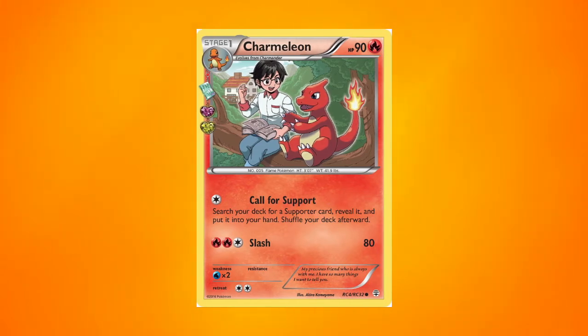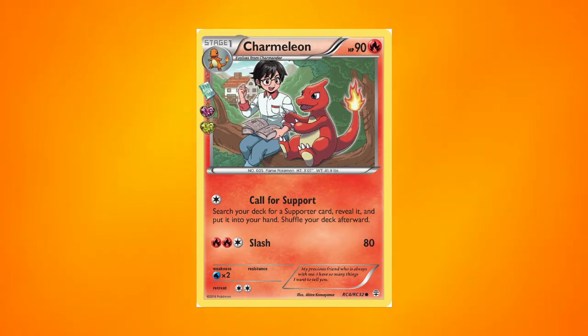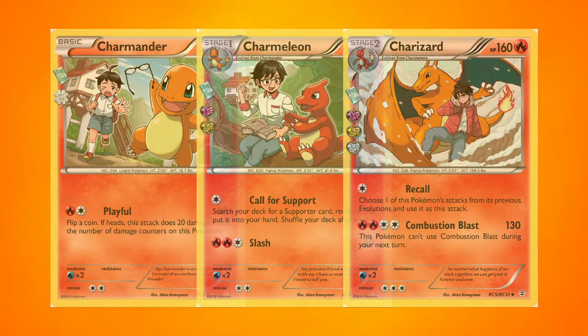Slash is potentially good for 80 damage for 1 colorless, allowing you to potentially hit 180 damage over 2 turns, with the 1-2 punch of Slash and Combustion Blast. Call for Support, however, is a waste of your turn, and it's fairly likely that card's just going to get discarded the next turn. Overall, the collection of cards could be a lot worse, but it's probably not worth using unless you're a hardcore Charizard fan, or you just like the art, like me,